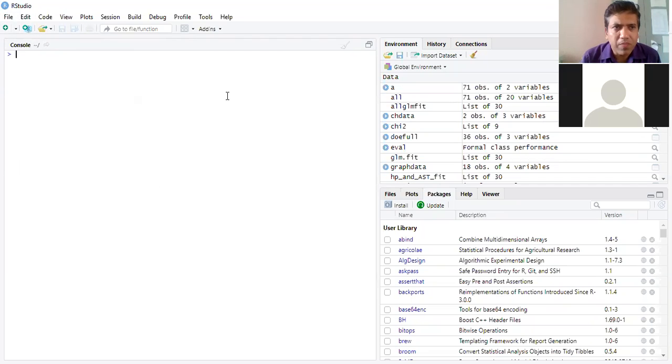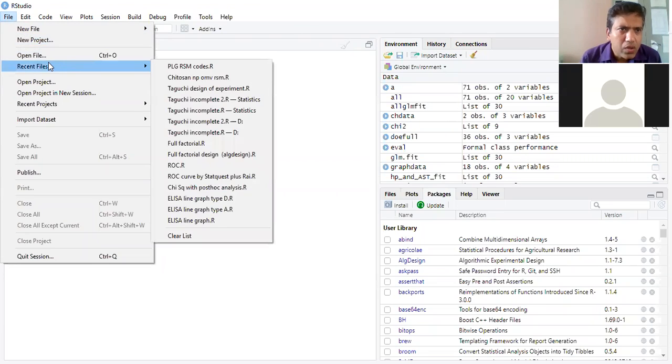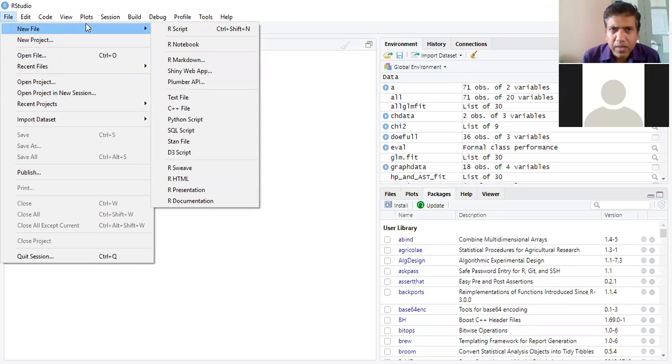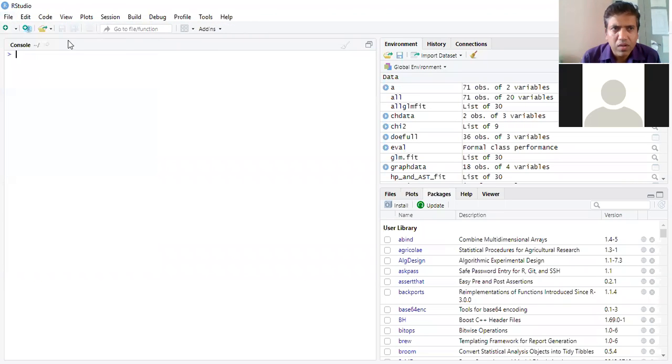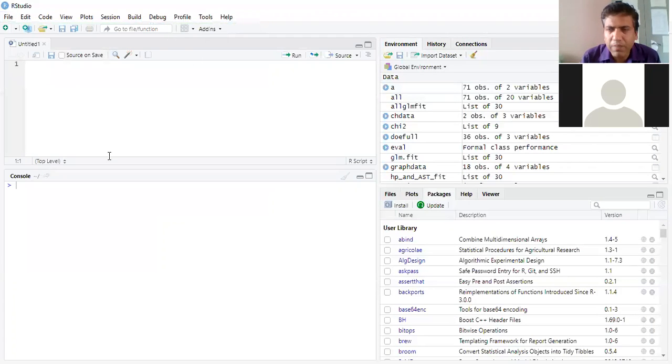Just go to the file, then new file, then R script. Click over there. Then one script will open. Now you have got 4 windows. Above the console, you have the R script. Here you can type the commands.